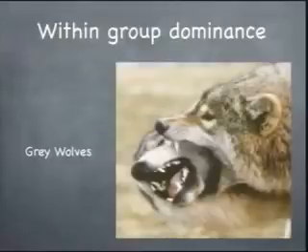So let's go on to some examples within group dominance. This is one you're probably familiar with. Many canids, such as gray wolves, live in packs, and within the group a social hierarchy is formed, usually through interactions such as this. Sometimes you can even see these interactions if you have more than one dog. Almost everybody will probably observe that one of the dogs always seems to win arguments, right? That would be an example of a hierarchy being set up in your home. The same sort of hierarchy is set up in nature, and the individuals highest in the hierarchy are also the ones that mate the most.